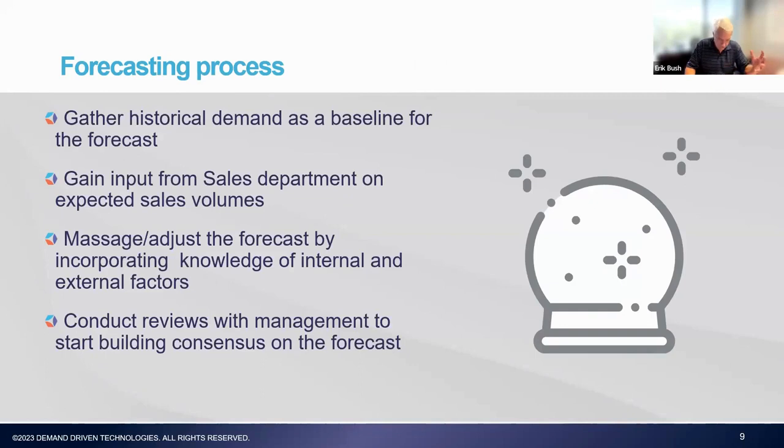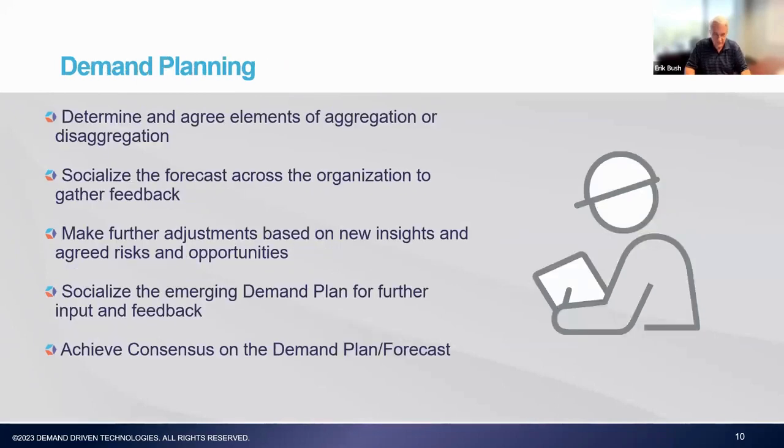There are just thousands of algorithms and tools out there that allow you to do that. There may be some external input from our sales department or other manual adjustments that are made. There's going to be some massaging going on to get the base forecast to a level of maturity and review that allows us to take it into the demand planning process. And these two steps really synchronize; they're blended together in a lot of companies.